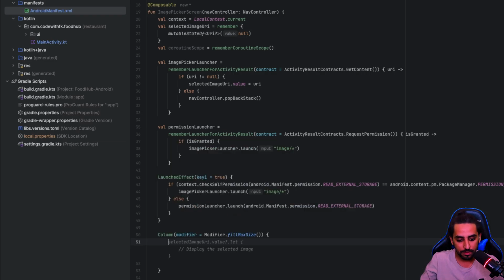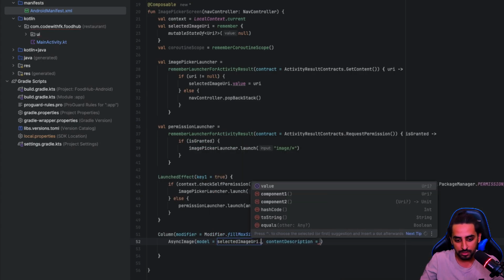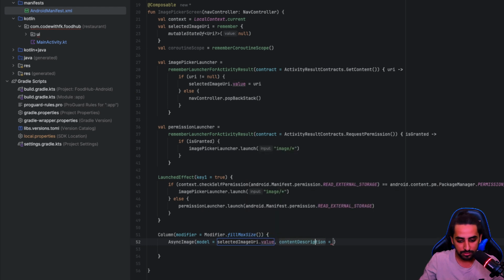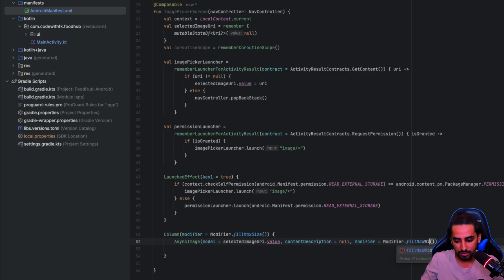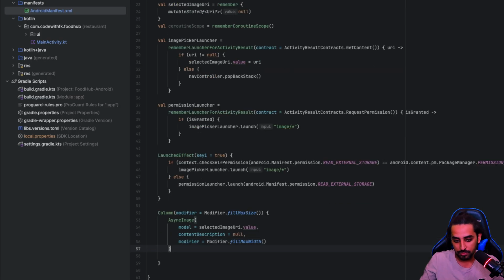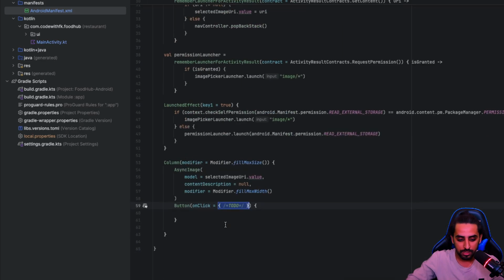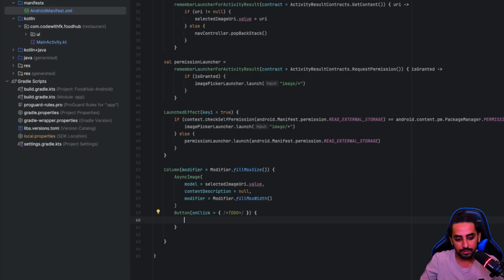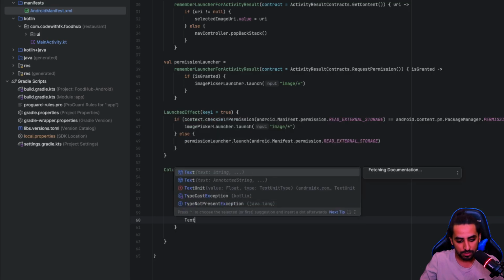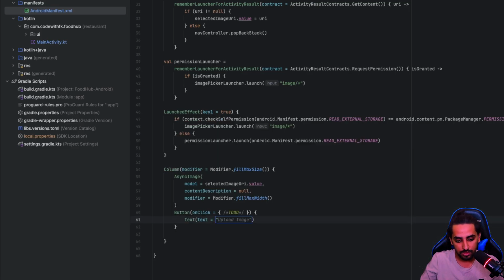So I'm gonna say async image again, then over here we'll basically use the selected image URI dot value as model. We set that to null. We're not gonna do a little bit more things. For example, we'll basically fill max width. I think that should be something like this, so that it covers the width. And then along with that, we'll basically create a button, and that button is gonna help us finalize if the image is correct. So I'm gonna say text. This is going to be